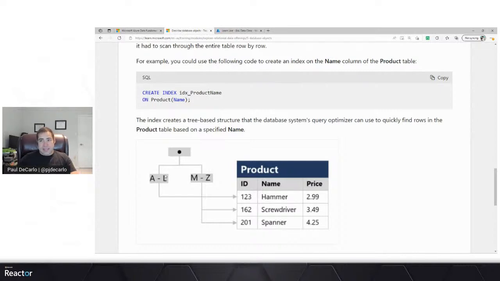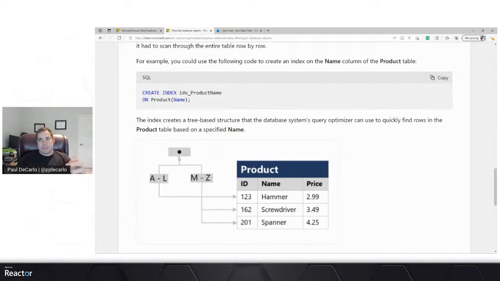And because the product table is stored as character data, it would look at the size of that table, and the query optimizer could begin splitting that into buckets, perhaps A through L or M through Z. Maybe as that table grows and there's more entries, maybe have one for every letter of the alphabet or some other optimized structure.